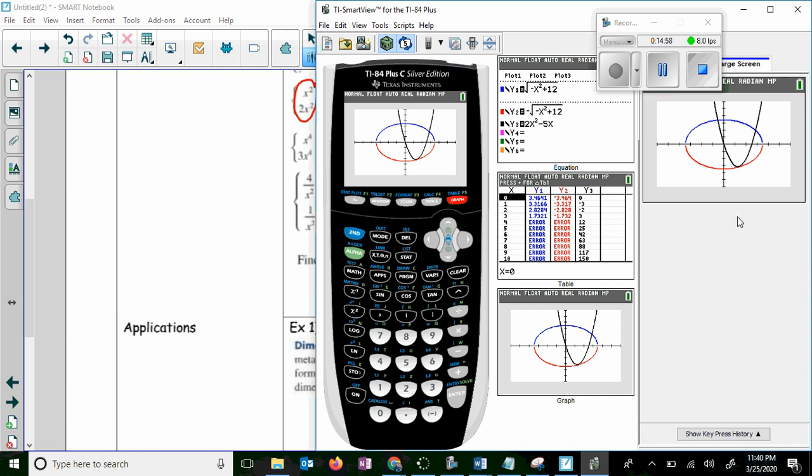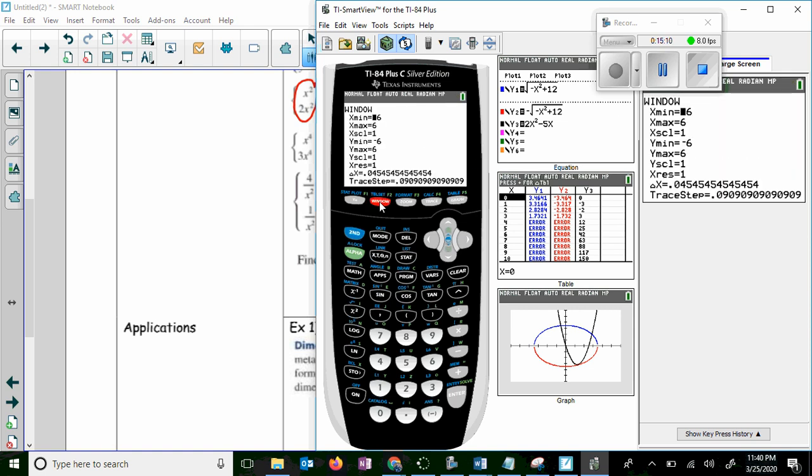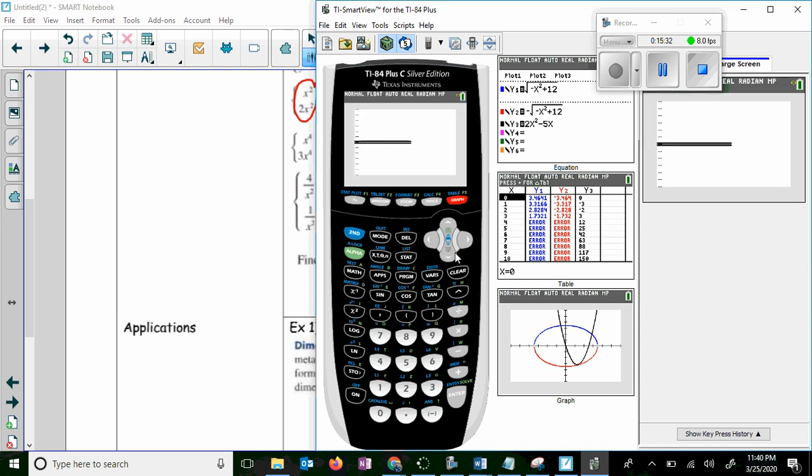A couple cautions about the graphing calculator. For some reason, even with circles, it doesn't connect them all the way. This also doesn't look like a circle, and that probably has to do more with something in my window, even though it's counting by the same amount, so I'm not sure. You can kind of see on the graph itself, my x-axis is spread out more than my y-axis. That might have something to do with this number that I never really mess with. Let's try that. Yeah, I messed up even more. Anyways, so it doesn't always connect